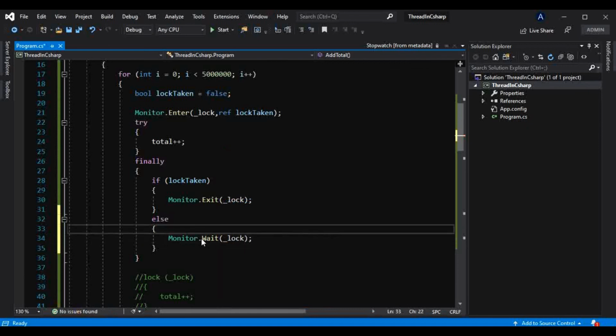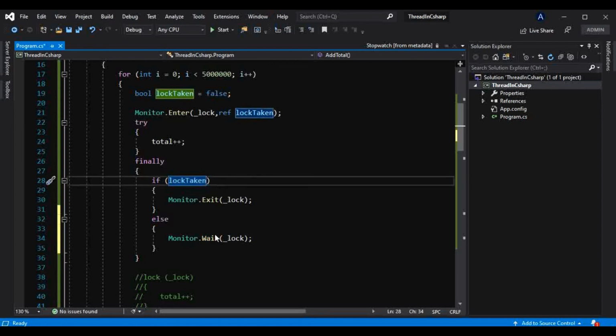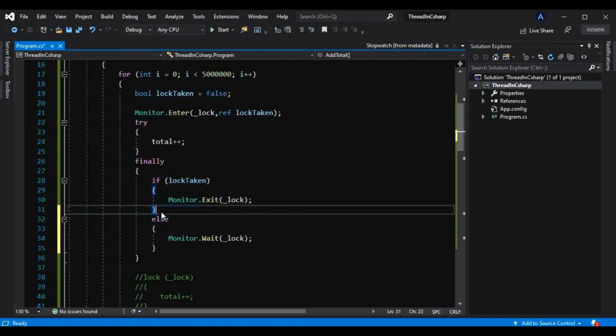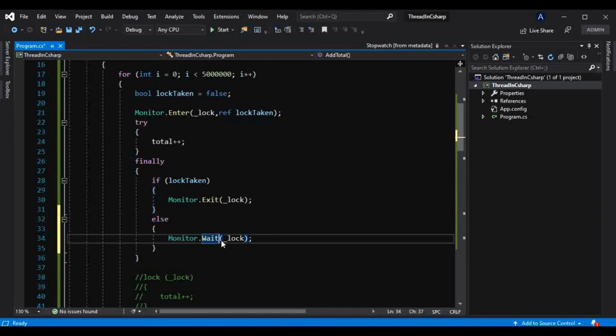What this wait method will do, if this lock taken is false, is make that thread wait until the next thread has acquired this lock, and this current thread will acquire that lock again.